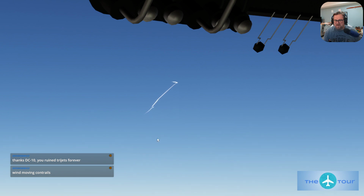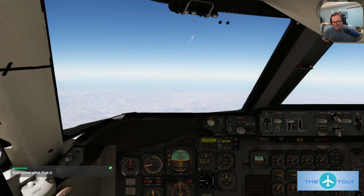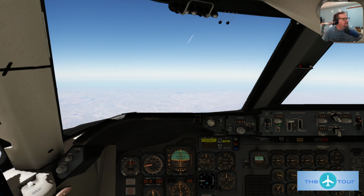little wind issue. But anyway, the other one was the LA to Boston one where I had to go around. The weather was bad. I had to go around, and on my climb out, I stalled and crashed. So, wind's just moving the contrails, Rob said. Okay. Yeah, thanks DC-10. He ruined Tri-Jets forever. Yeah, so now my love for the Tri-Jets moved over to the FlyJ Sim 727, and now it's not available, and so I don't know. I may have to break down and get the MD-11. I don't know. I don't know what I'm going